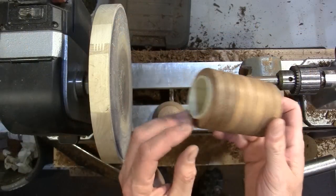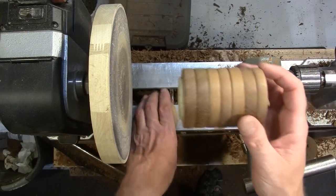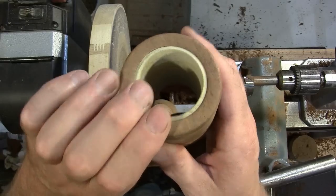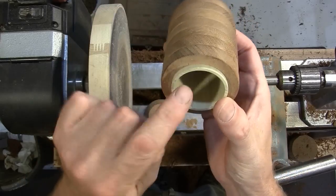Okay, so I just went ahead and brought the length down here so it fits right inside there, and you can see where we're at right there. You can see how tight it is. I just pressed that on to get a nice snug fit. So my next thing is I'm going to cut the